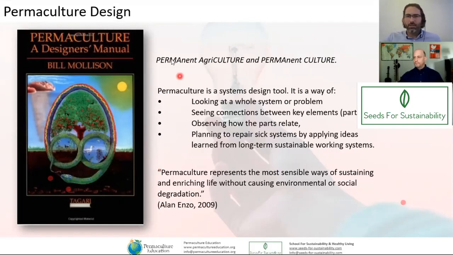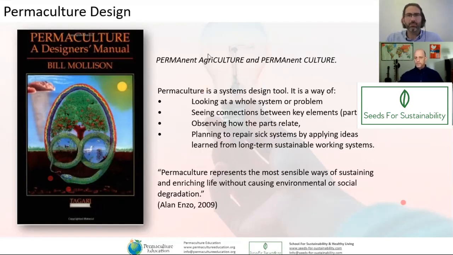So can I ask you a question quickly and or make a comment, because this is something people may confuse. They think of permaculture and they only think of agriculture. And you made your point that it's more applicable, but maybe we can eliminate that thought that permaculture is just for agriculture, and maybe you can clear that up one more time so people really know that permaculture is more than that. Maybe a couple of thoughts on that.